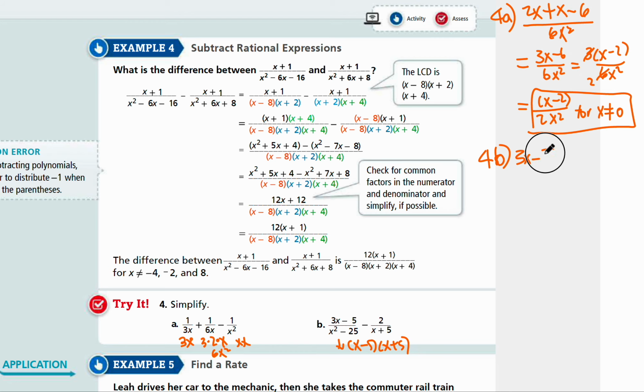So 3x minus 5 minus 2 times x minus 5, and don't forget your second term is subtracted. And then all over x minus 5 times x plus 5. And so you can simplify 3x minus 5